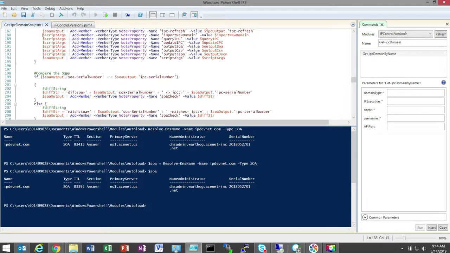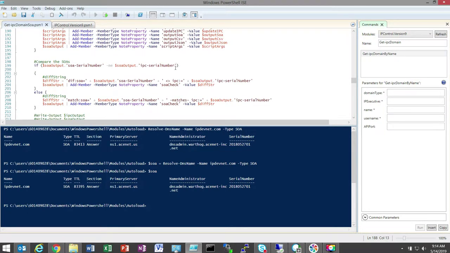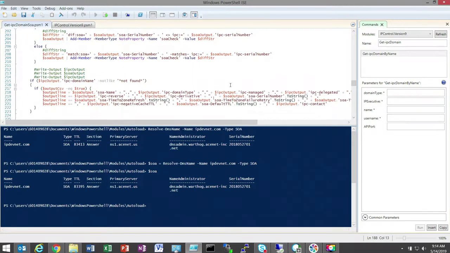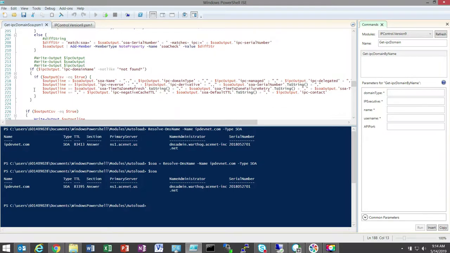Then I'm going to go down and compare the SOA to the serial numbers. If they're different, I'm going to generate what the differences are and add that to the string to compare. And if they match, I want to specify that they match so you don't have to worry about any other lookups. We're then going to build a CSV string